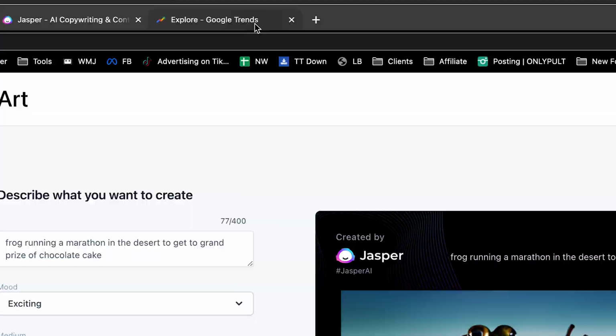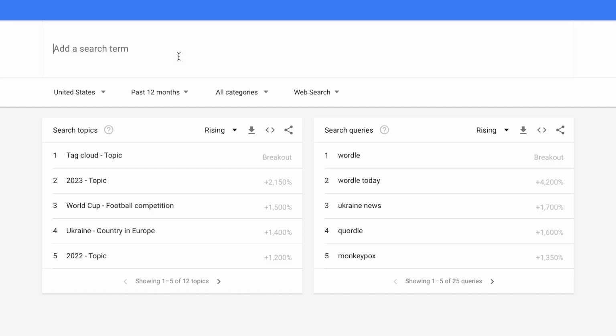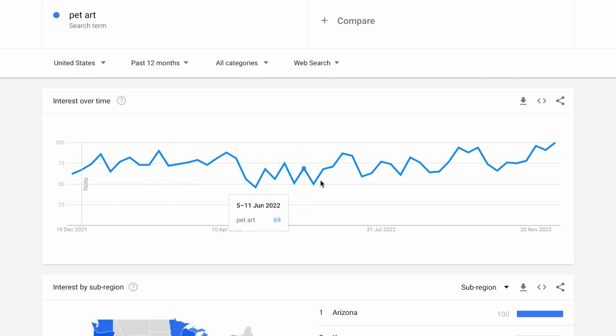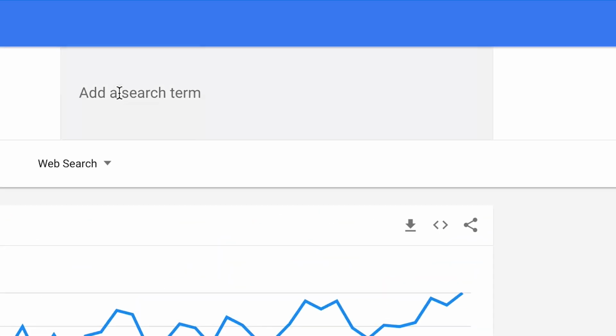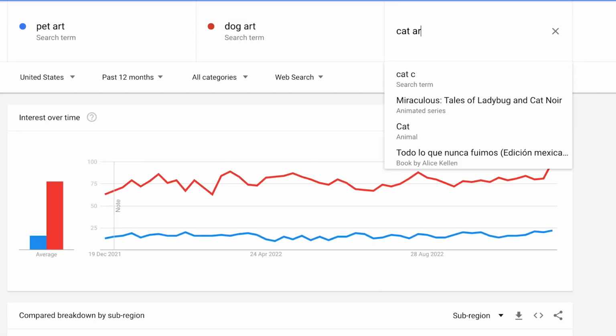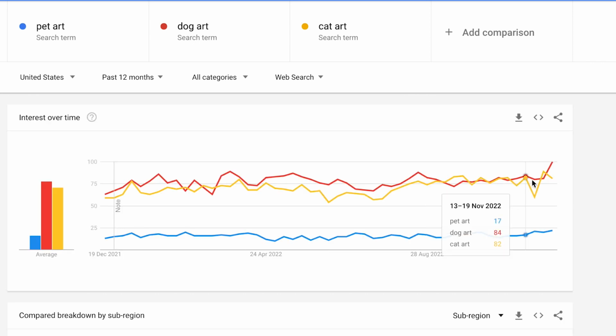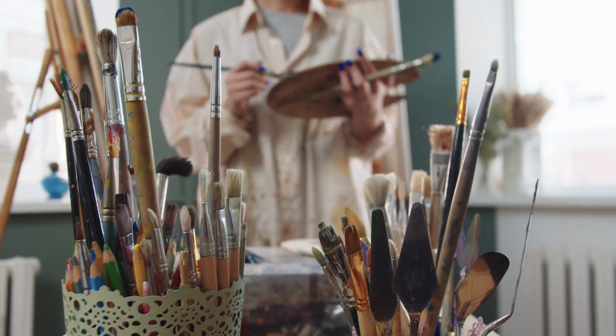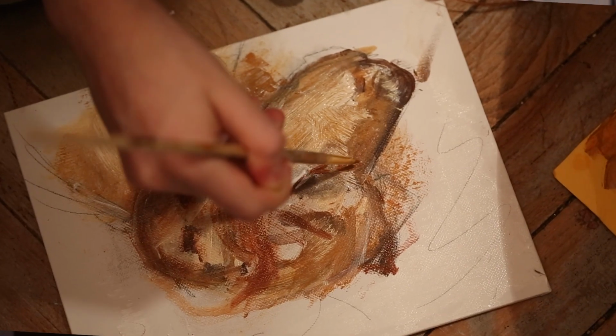So let's do that. Go to Google Trends, and we need to find something trending. So I'm gonna just think of pet art. Let's see how that looks. Okay, looks like it's up in the last 12 months. Now we of course got to do a comparison of dog art and cat art. Ooh, there's a nice little spike in dog art right now. That's great, but it looks like the winner is actually dog art. Okay, so now I have some context that I need to make dog art, and maybe that's something that's now in demand, and I just need to make content on it.